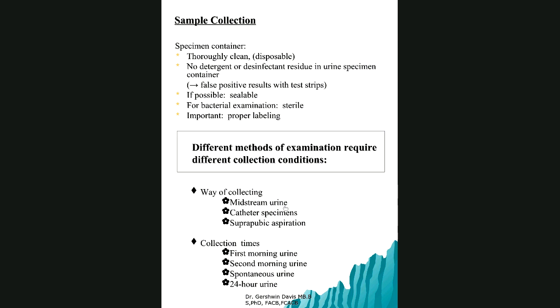The main thing is clean area. So the purpose of doing a midstream is to do a CS. MSU for CS, midstream urine for culture and sensitivity. You need to demonstrate that you know the purpose of the midstream is to get a clean catch specimen. So first, clean the area, then the first part of the stream is discarded and you collect the middle of the stream. It's all part of the whole process to get a clean catch specimen. Suprapubic and then catheter specimen. Suprapubic is the cleanest in the sense that it's supposed to be a sterile procedure, usually done in infants.